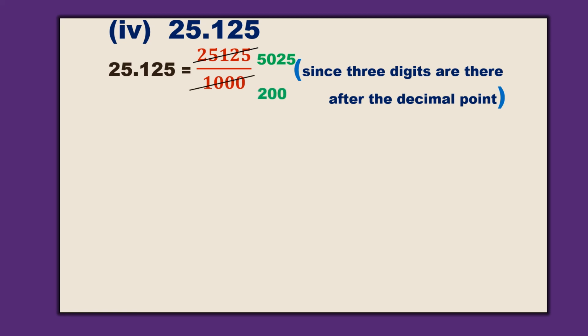Okay, now I am taking this 5025 by 200. Now I will check again, it is divisible by the 5 table because the units digit is 5 and 0. Okay, so 5 ones are 5, and here 0 is there, put 0 as it is, and here 2 is there, it is less than 5. So I should take 2 digits at a time. When you are taking 2 digits at a time in the middle of the division, you should put 0. Okay, and 5 fives are 25. So it is 1005 over 40.